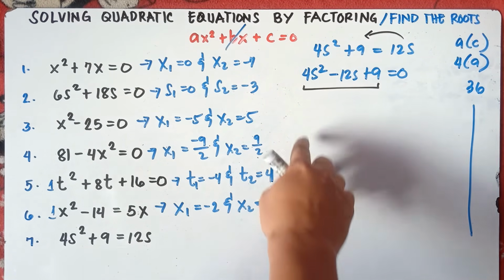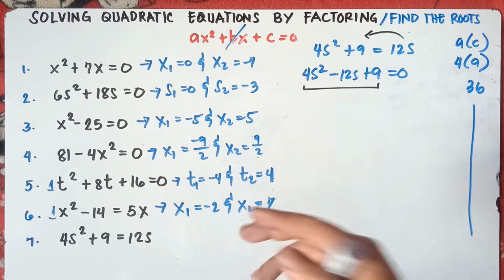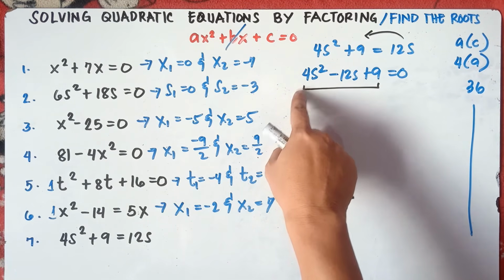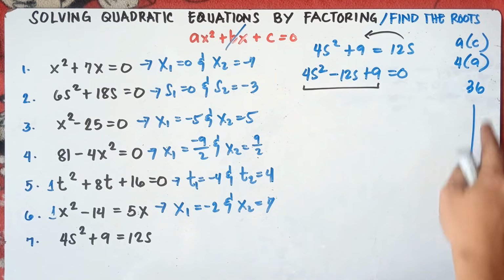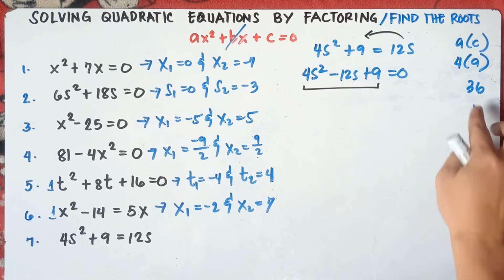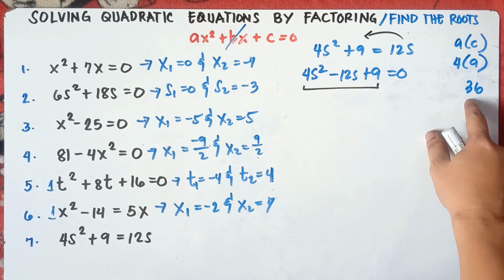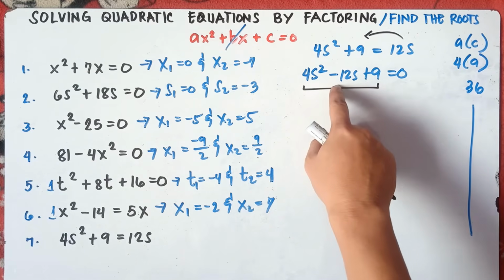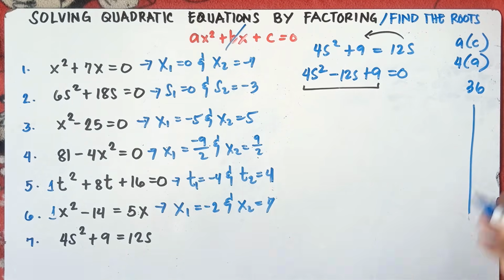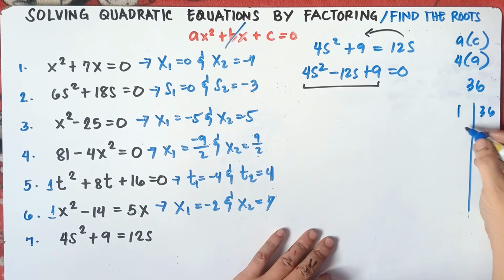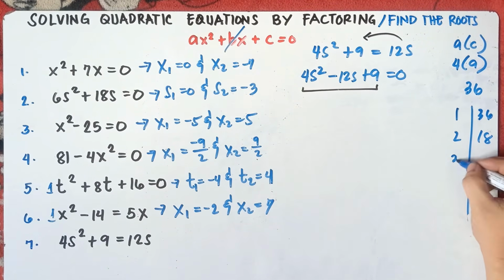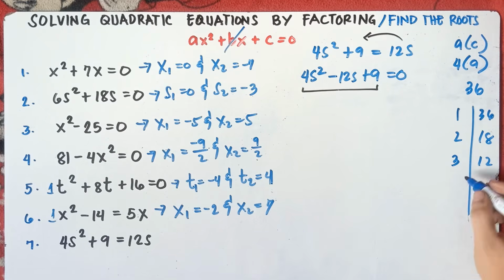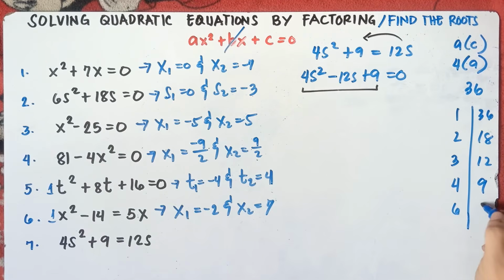Once again, if the number before s squared is not equal to 1, we do it this way. We multiply the first number of the quadratic term and the constant. So 4 times 9 is 36. You find two numbers that multiply to 36 and, at the same time, combine to negative 12. What will be the factors of 36? Of course, 1 times 36, 2 times 18. What else, class? 3 times 12, that will be 36. 4 times 9, that will be 36. And the last one will be 6 times 6.